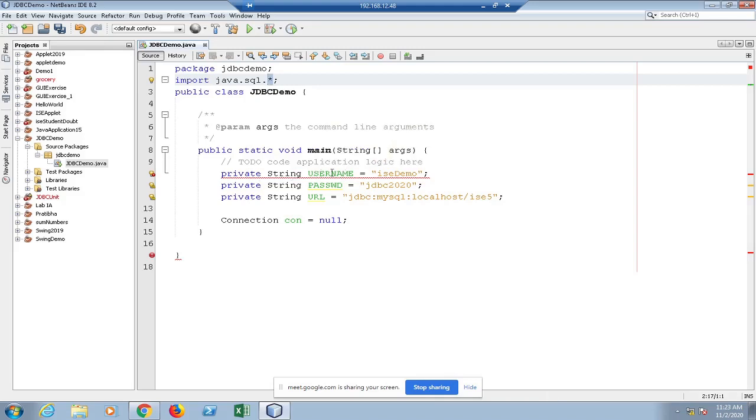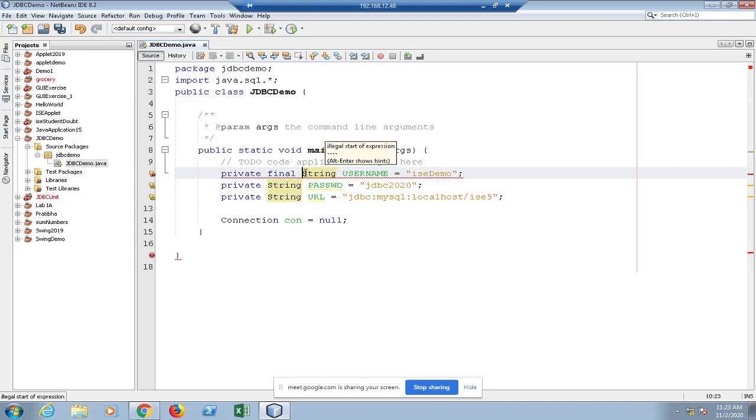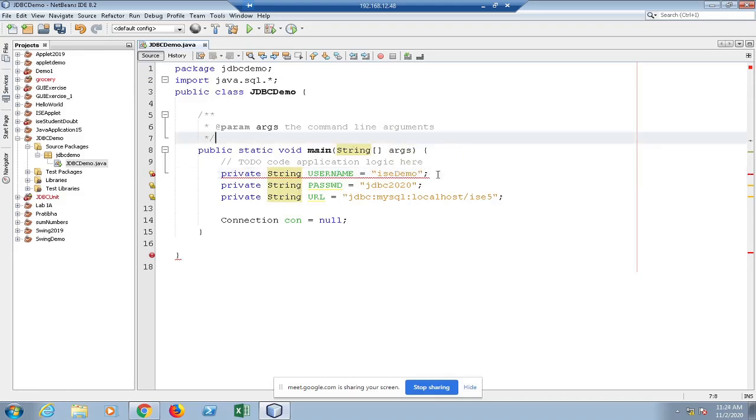This is being highlighted in red. It says it can be final. I guess some other syntactical error. We'll come back to that later. So this is the connection object that will hold the connection interface.